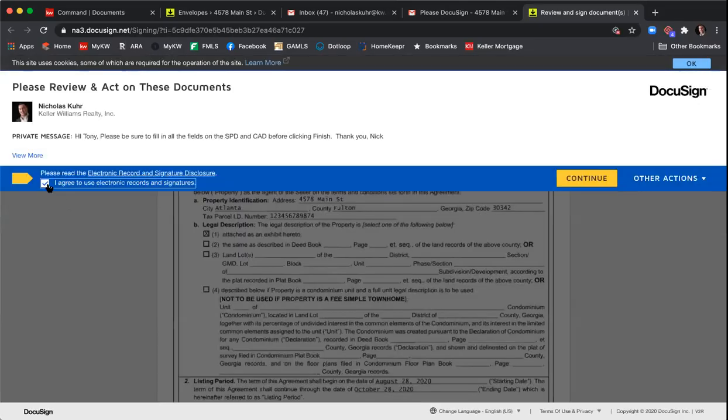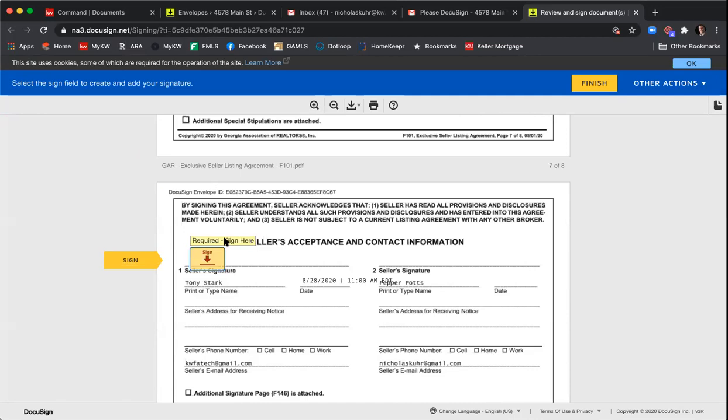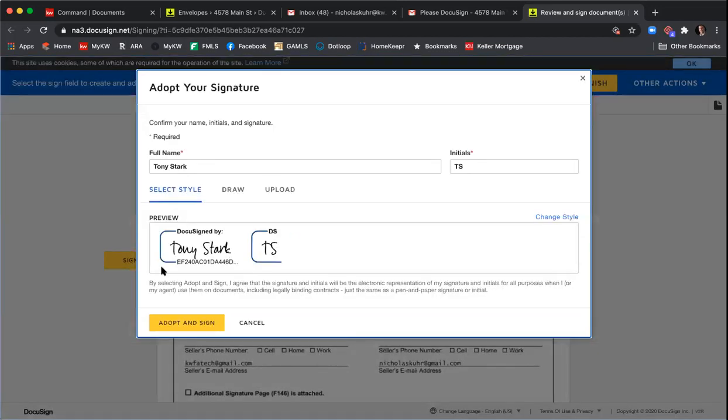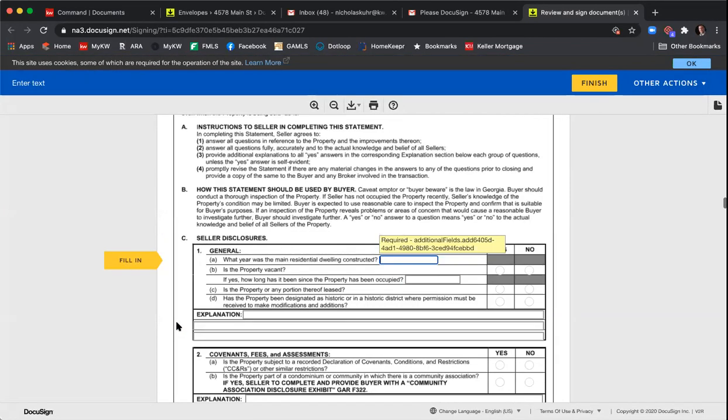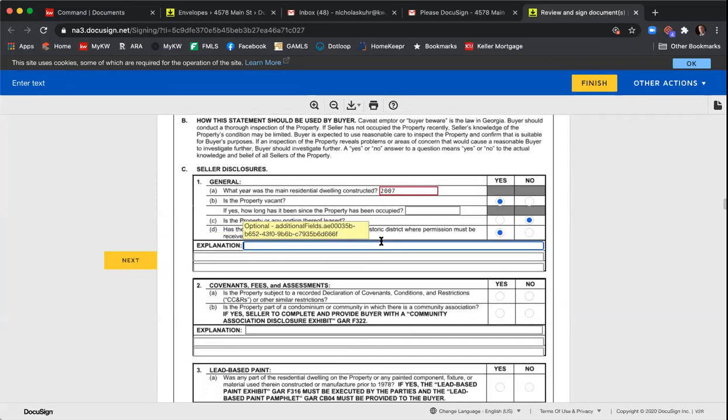Click agree to use electronic records and signatures, continue, and then start. So it's going to jump from the first required field, and then it'll ask to confirm signature. They can draw one, upload a different signature if they want, and click adopt and sign. And now it's going to stop at that first required field on the seller's property disclosure. So here I can fill in 2007. And now because I've stopped, it's easier for me to come over here and just click through and fill in